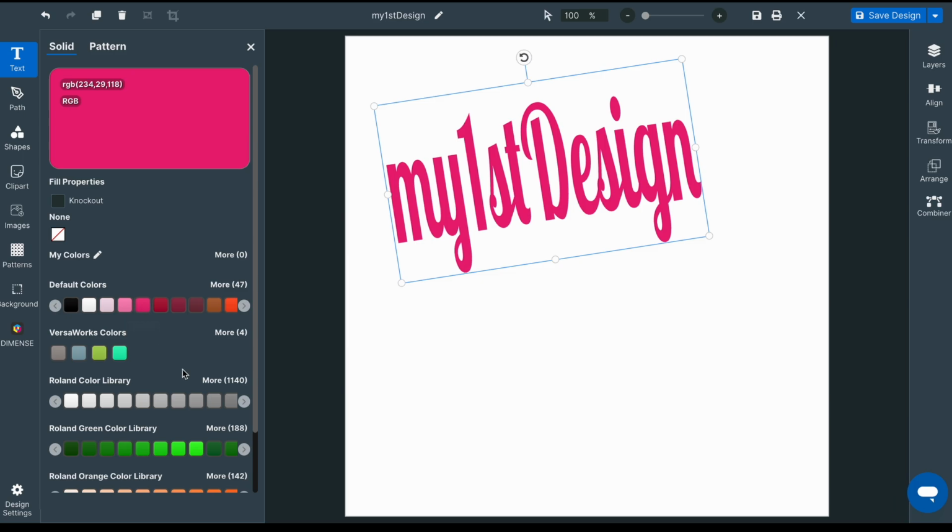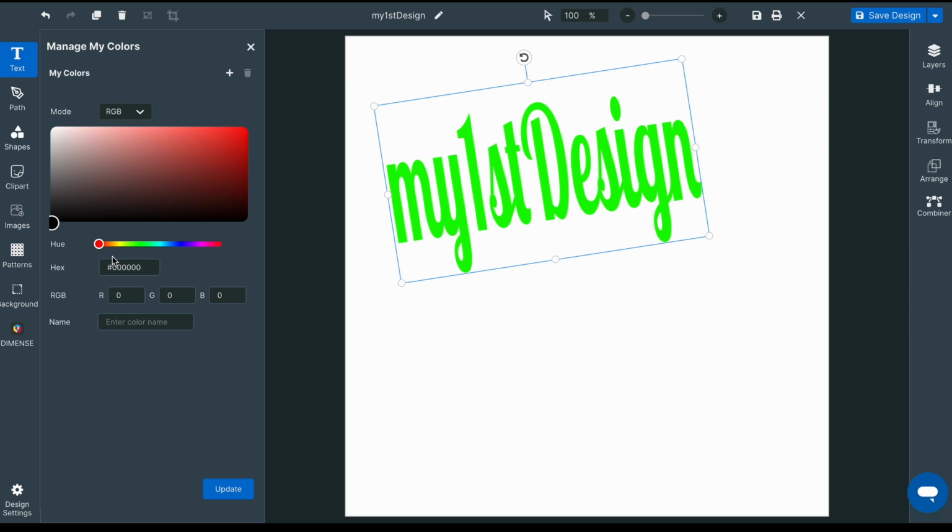I can also build my own library of colors by clicking the pen icon. In this tool, you can freely create custom colors using either RGB or CMYK color space, whichever suits the best. Please note that the representation of any colors on the screen will differ from the final print in the case that the screen is not properly calibrated, measured, and if color management is not configured correctly.